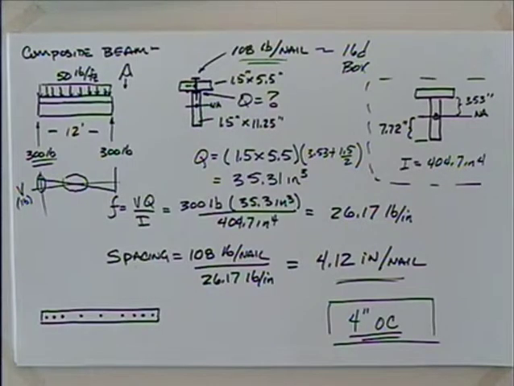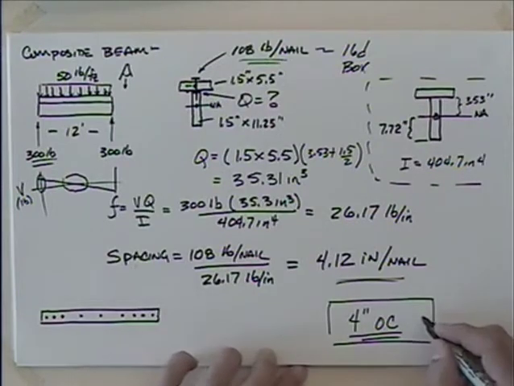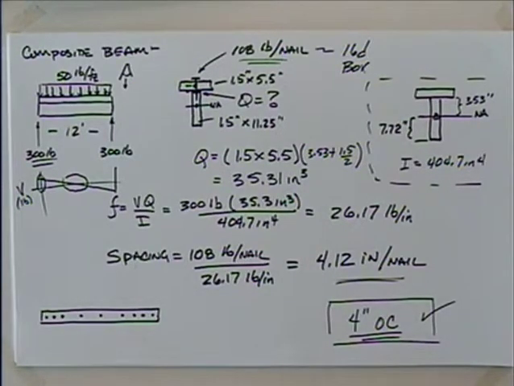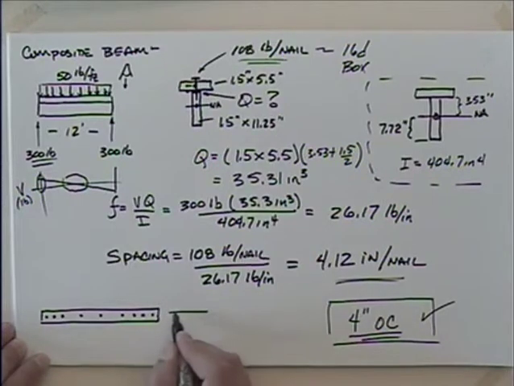Now, you as an engineer have to figure out, is it worth my design time to do that? I mean, if they're just making one of these, we're probably better off just to send it out 4 inches on center and be done with it, right? If this is something they're going to do over and over again, then maybe we could spend the time to go through this analysis and come up with this spacing. The only problem, too, is we have to figure out a way of conveying this, because if this is what we want,